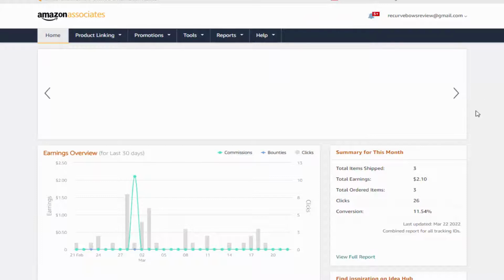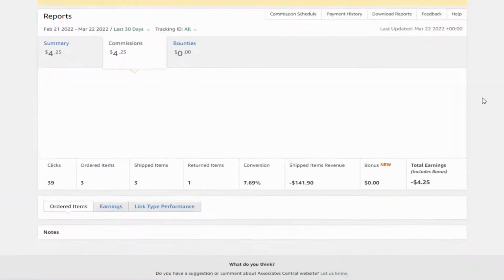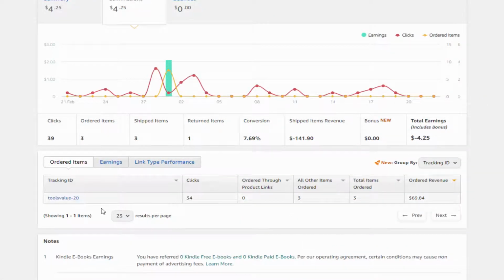It will show us which tracking ID is used to buy that product or any specific product which have been sold. So one of my tracking IDs is tools value. This website is not finished yet. I have not launched this website yet, but already got the sale. Here you can see 34 clicks, 3 item orders, and the order revenue was $69, and